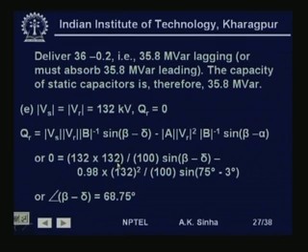The third part was, if we keep both V_s and V_r equal to 132 kV and the load is unity power factor, that is Q_r equal to 0, then what will be the power that we can supply? So, using this identity Q_r equal to 0, we will write the Q_r relationship as Q_r is equal to V_s V_r by B into sin(beta minus delta) minus A V_r square by B into sin(beta minus alpha), and substituting all the values here, we can calculate the angle beta minus delta, which comes out to be